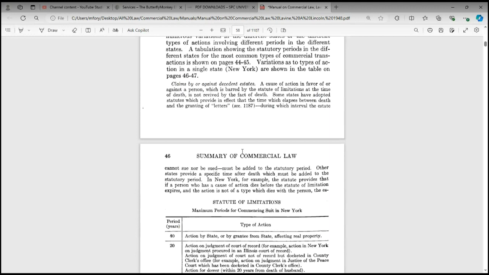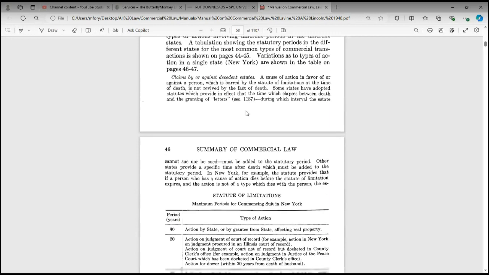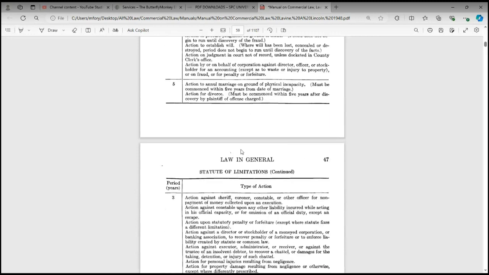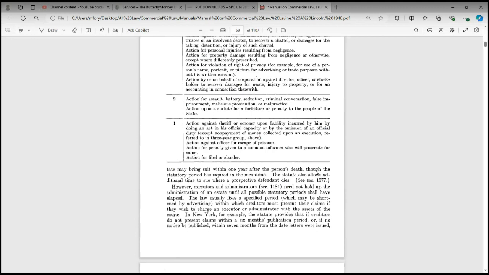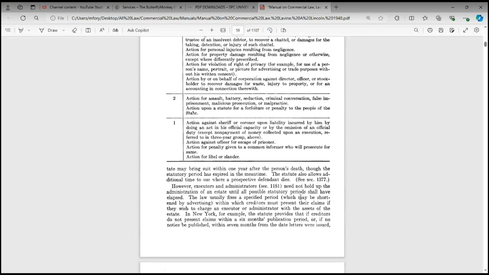In New York, for example, the statute provides that if a person who has a cause of action dies before the statute of limitation expires, and the action is not of a type which dies with the person, the estate may bring suit within 1 year after the person's death, though the statutory period has expired in the meantime. The statute also allows additional time to sue where a prospective defendant dies. However,